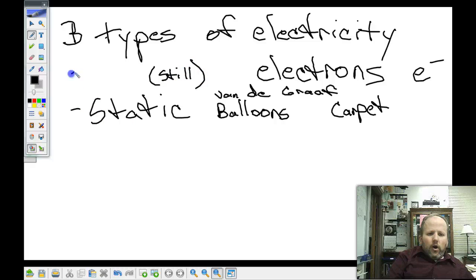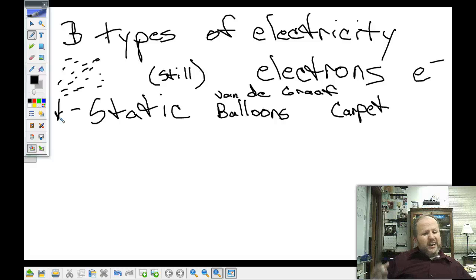So if you get a whole bunch of negative charges built up on something, eventually that charge is going to build up to the point that it can't hold anymore and it goes somewhere else. That's called a static discharge. That's what lightning is. But even though we're going to have fun with it with the Van de Graaff, and you guys can mess around with the balloons if we have time, the main reason that we talk about electricity is because of